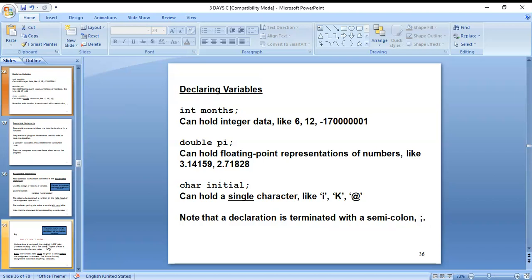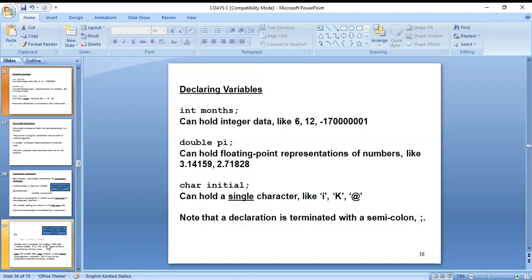In a memory location. Next, double pi can hold a floating point representation of numbers like 3.14159 and 2.71828. Next, character initial is a variable name that can hold a single character like I, K, enclosed with single quotation marks.